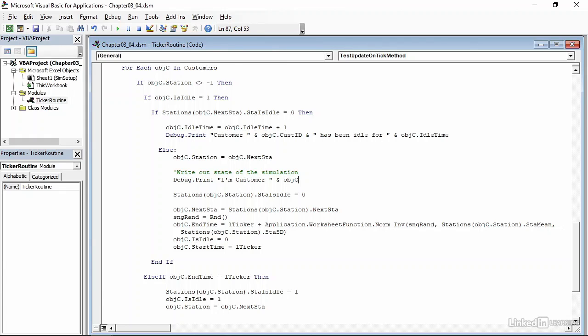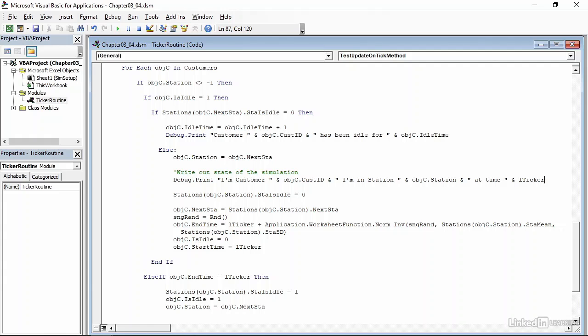So objc.custid, and then a double quote and a space, I'm in station, followed by a space, then double quote, ampersand, objc.station, ampersand, then a space, double quote, another space at time, then another space, ampersand L ticker. So what we've done is create code that will have a customer identify itself as being in a particular station